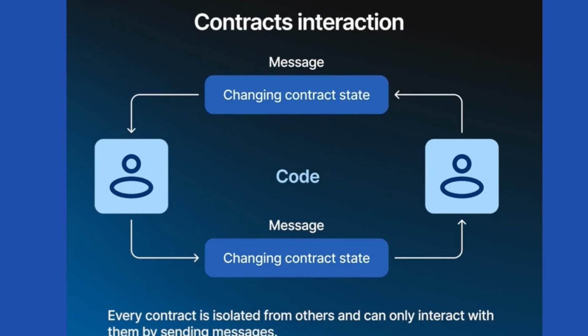And it's important to note that these contracts are self-contained. They have no visibility into anything outside themselves. This is what ensures the infinite scalability of the Ton blockchain, as every contract is isolated from the others. It can only receive the incoming message from some other contract or from the outside world, and then it can process this message by its program code, change its own state, save the new data, and create the outgoing messages